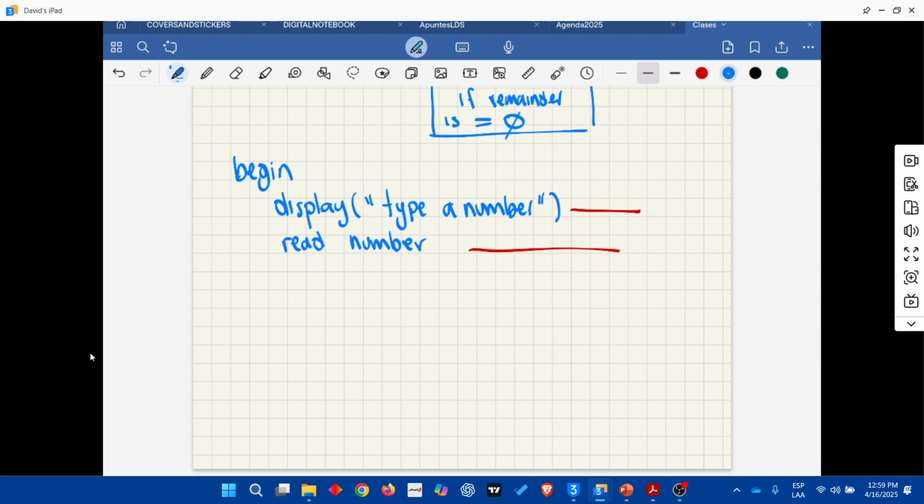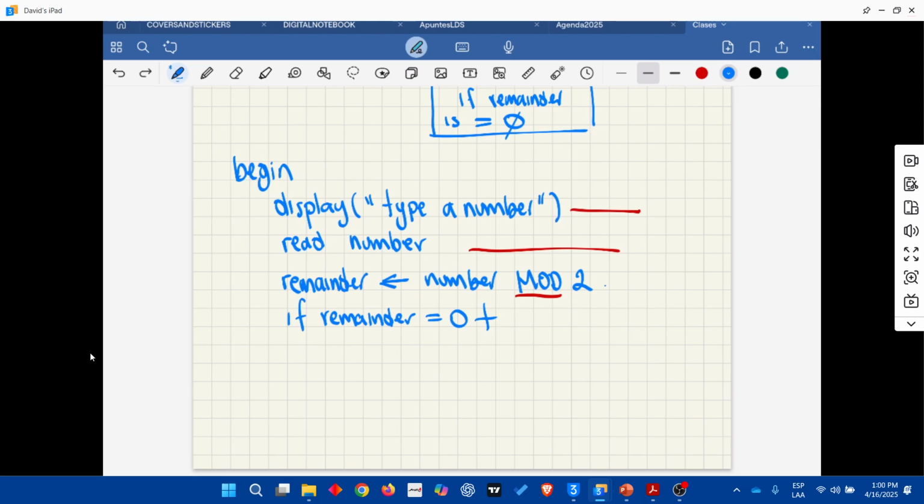We are going to do the calculation of the remainder. So I'm going to use remainder is going to be equal to the number mod 2. What is this? We are dividing the number by 2, but with the word mod, we are calculating the remainder. Then we are going to use if remainder equals 0,